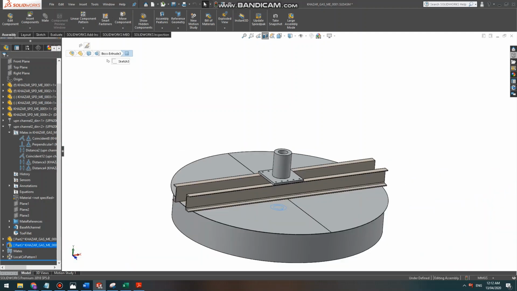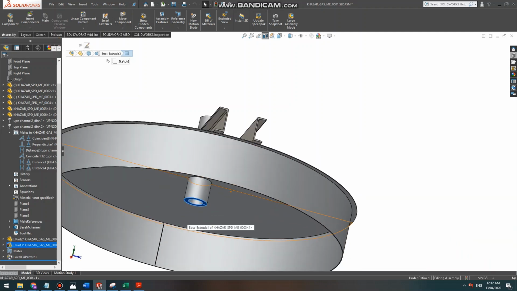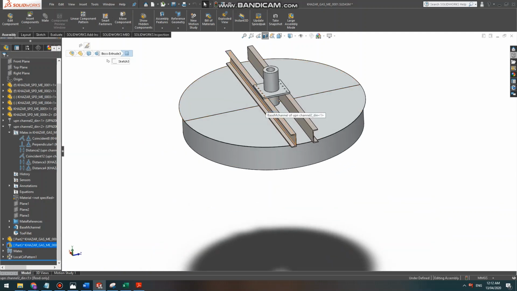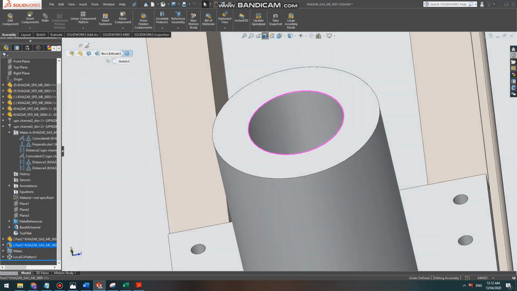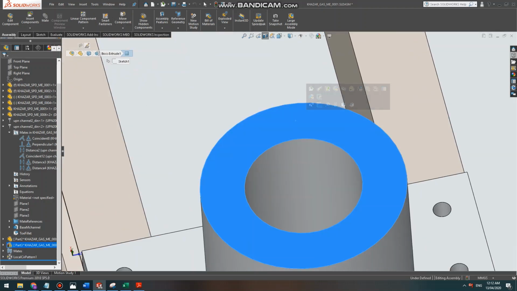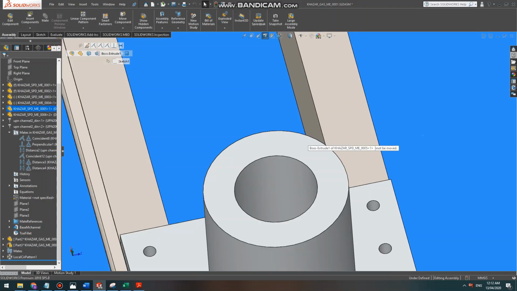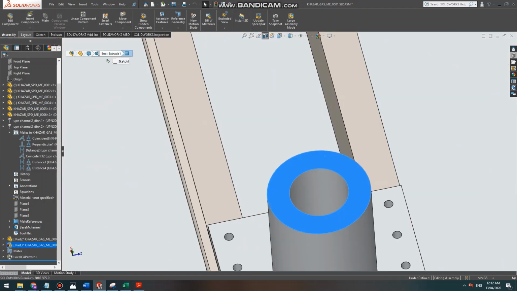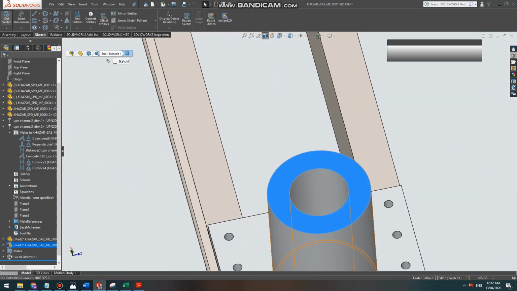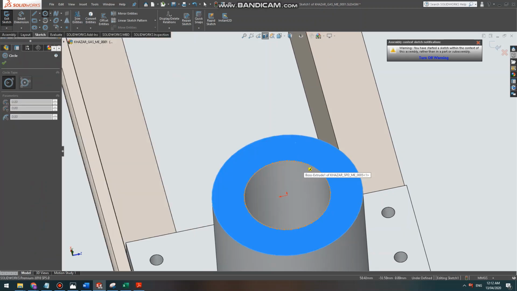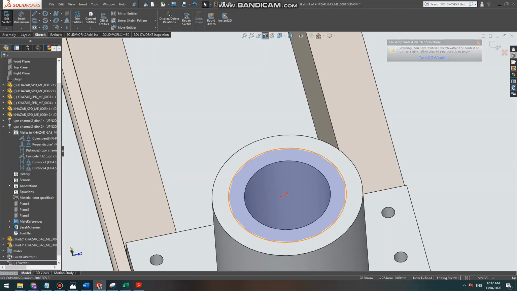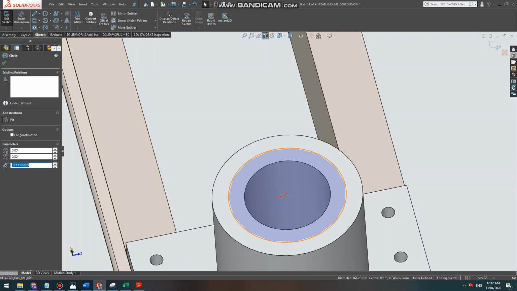Let me look at it. It's so perfect. Okay, let's do the bearing seating. So sketch, and the bearing outer diameter is 140, as you know,